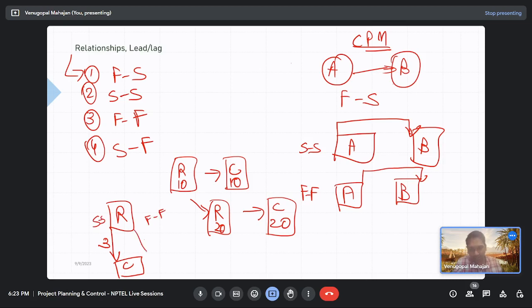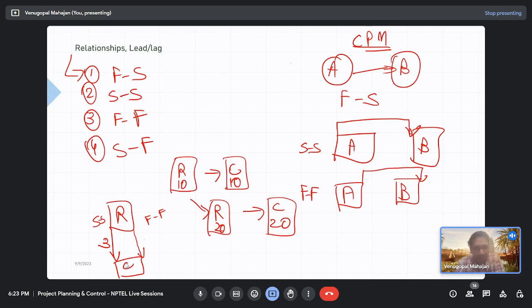So this can be the same example for start to start relationship also, and finish to finish relationship also. And you will find that in real life, when you have got a start to start relationship, in most cases you will get a finish to finish relationship complementary. Yes, sir. So you got an idea, right, that these are A and B. You would have said that they are parallel activities, but still there is some precedence between them. A should precede activity B.